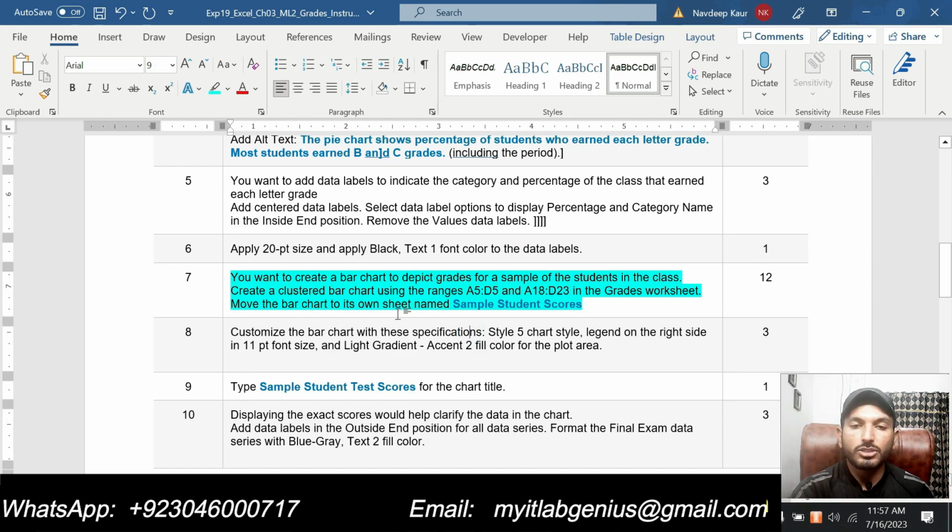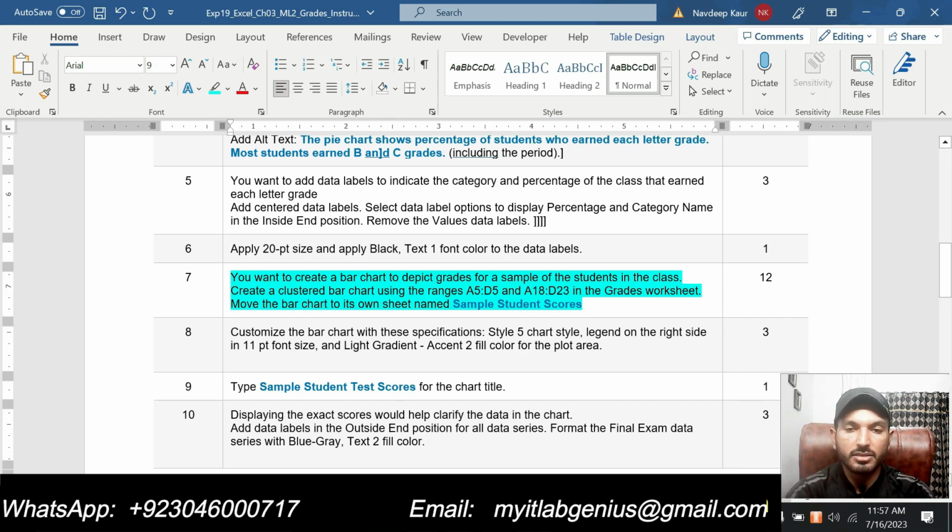Move the bar chart to its own sheet named sample student score. So in step number 7 we are supposed to insert a clustered bar chart, and for the clustered bar chart 2 ranges are given. First one is A5 up to D5 and second one is A18 up to D23. So we will select these 2 ranges and then we will insert the clustered bar chart.